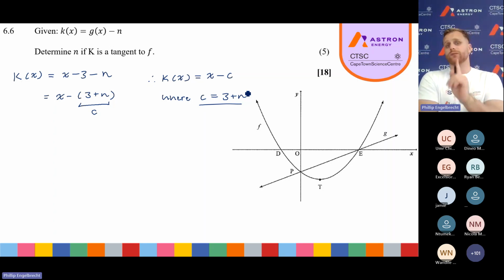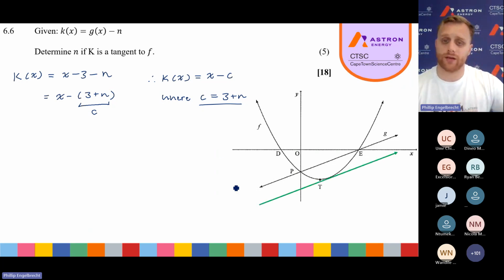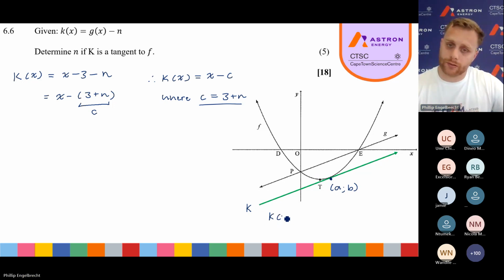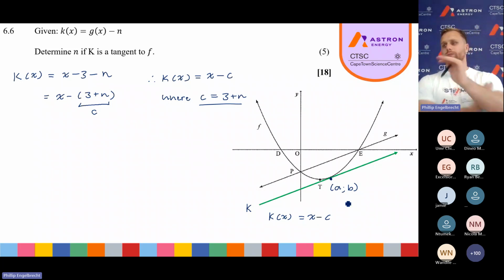Now, what have they also told me? They said that k is a tangent to f. So this is k over here. So this is k of x, and it touches our graph at one point, and I'm just going to call this A and B. And we know that k of x is equal to x minus c. That's what we know. Now, here's one thing you need. Whenever you see a tangent, whether you're doing it in calculus or in your functions,